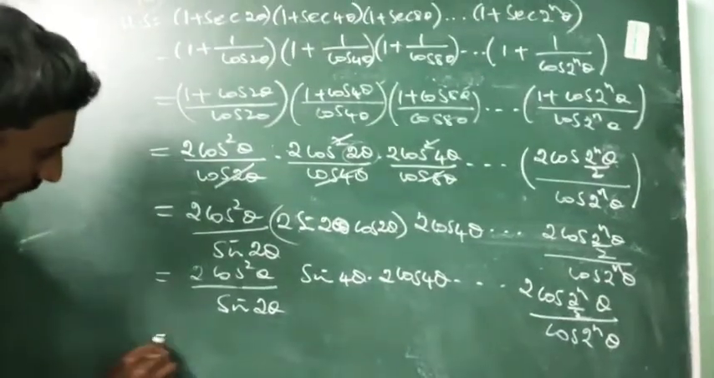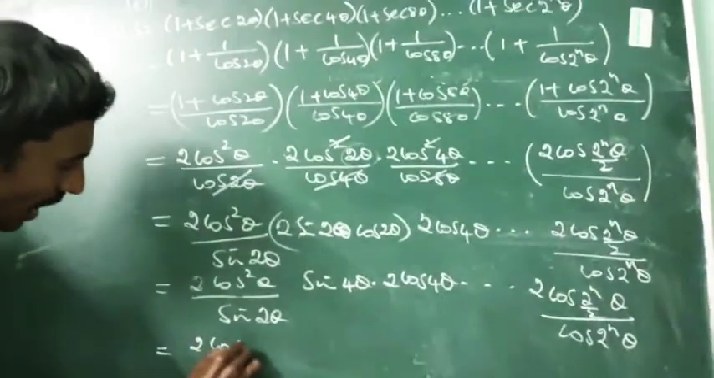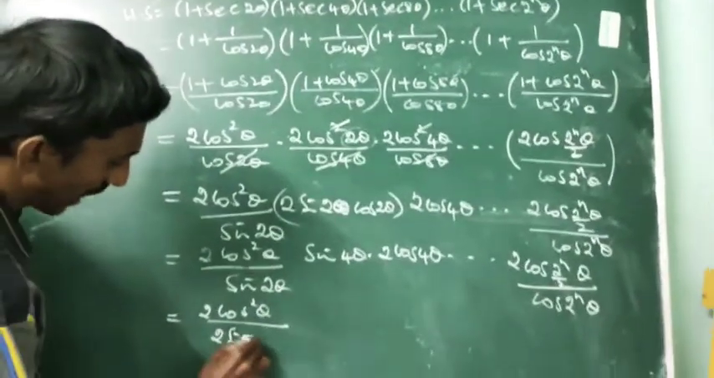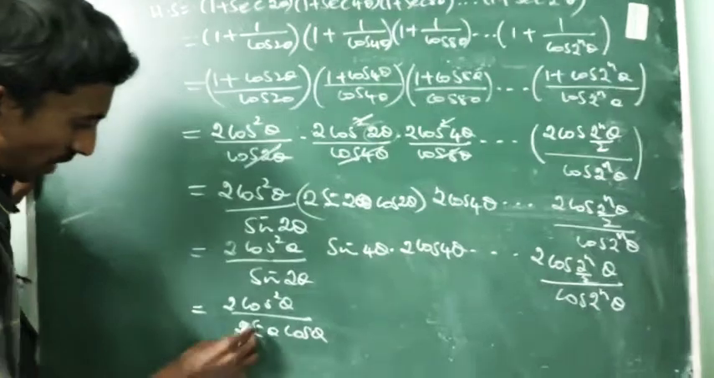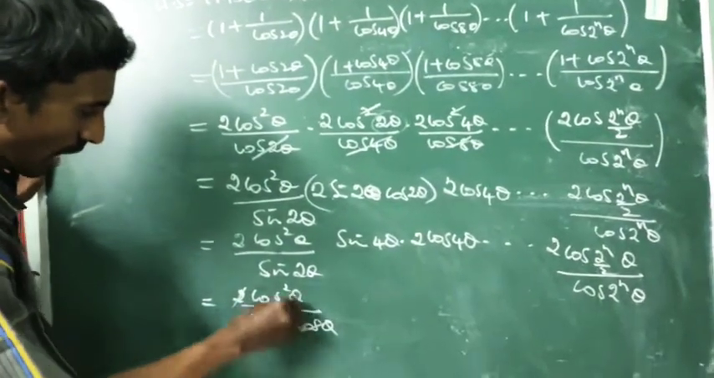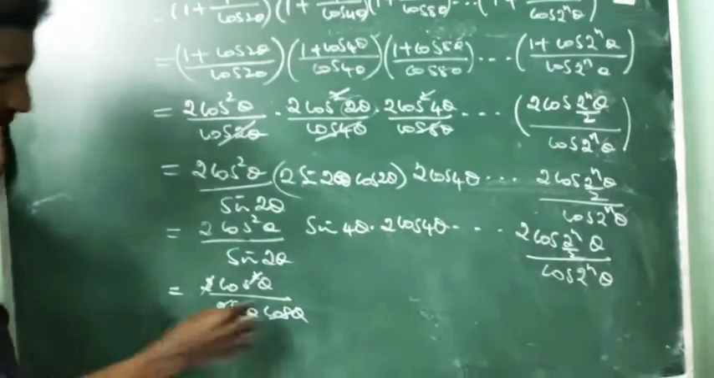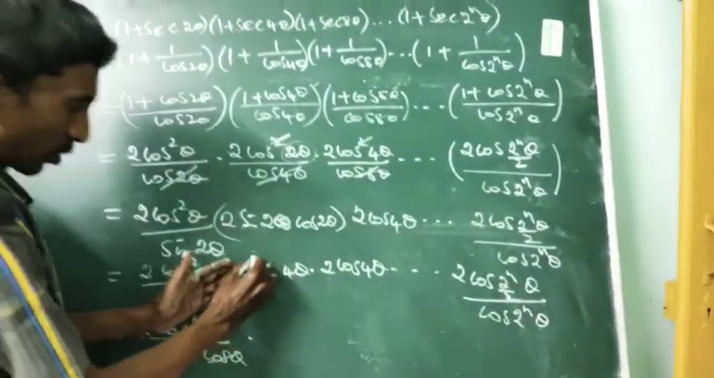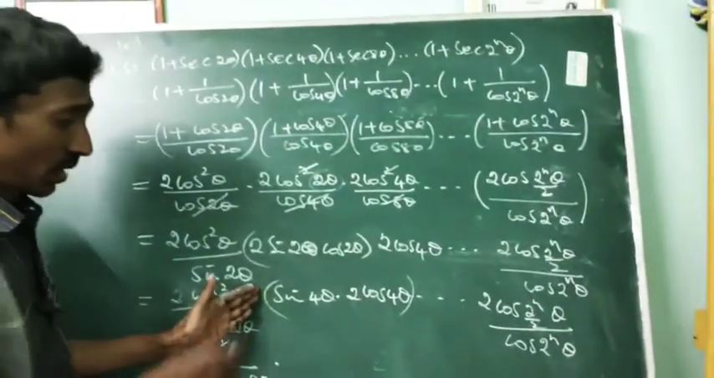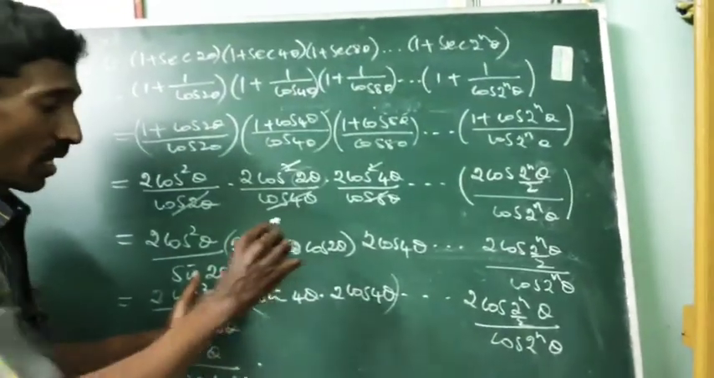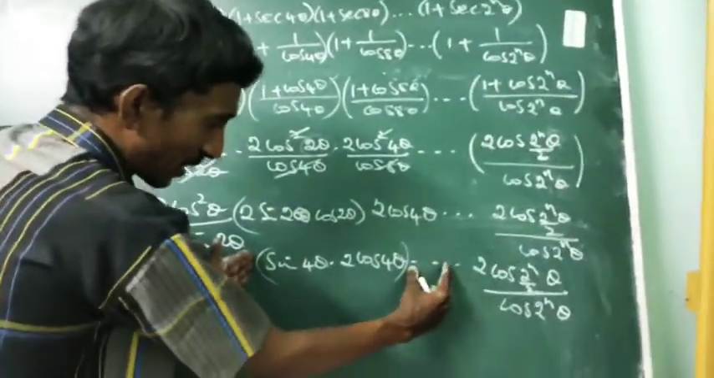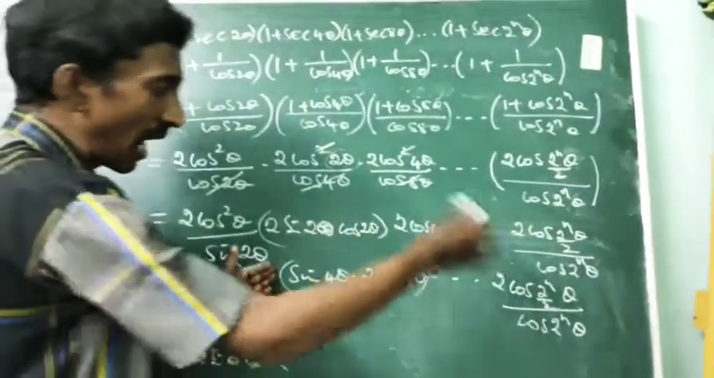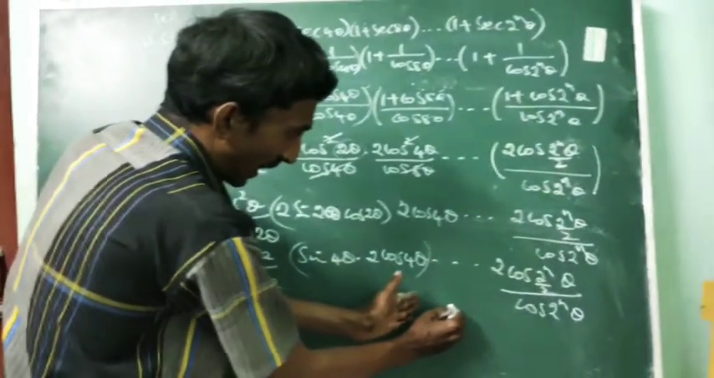So my dear student, look here. 2 cos square theta by sin 2 theta can be written as 2 sin theta cos theta. This 2 cancels, cos and square cancel. Again, if we proceed like this, this term becomes sin 8 theta. Then next we can combine the next term, and it becomes sin 16 theta, and so on. Finally here we have